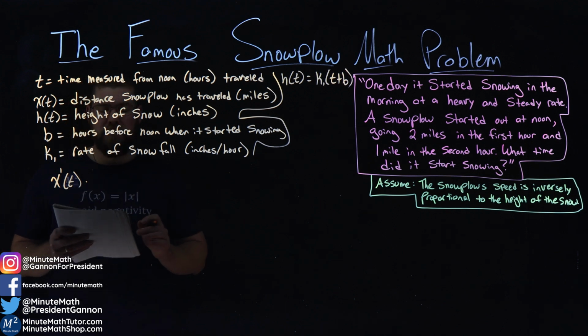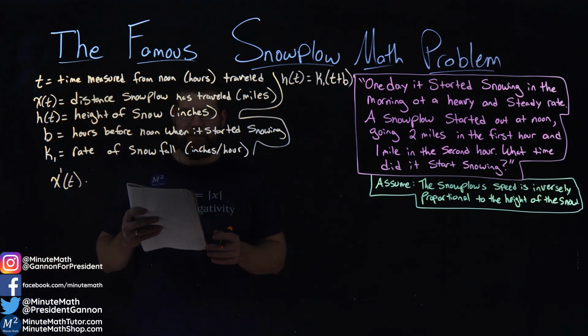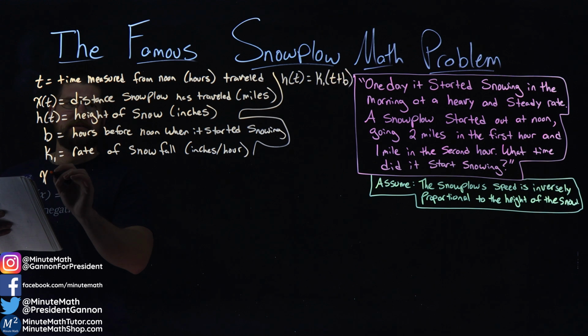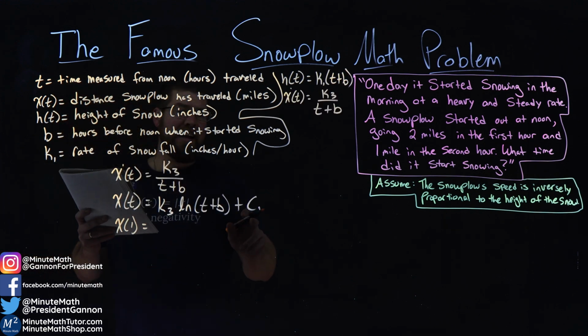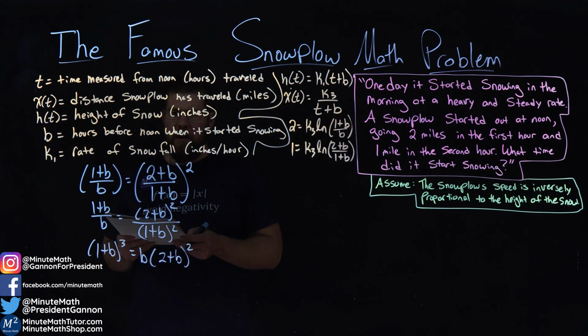And it's inversely proportional to the height of the snow. I'll start with x prime. We plug that into our, well, we need to take the antiderivative here when we do that. From here,